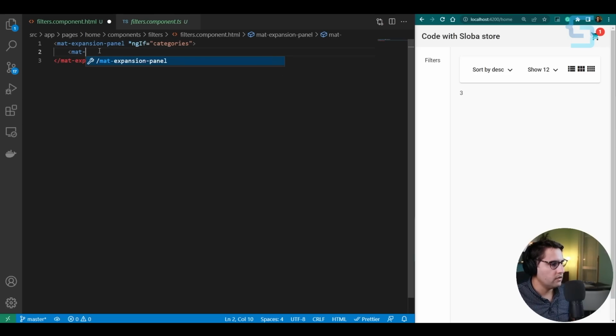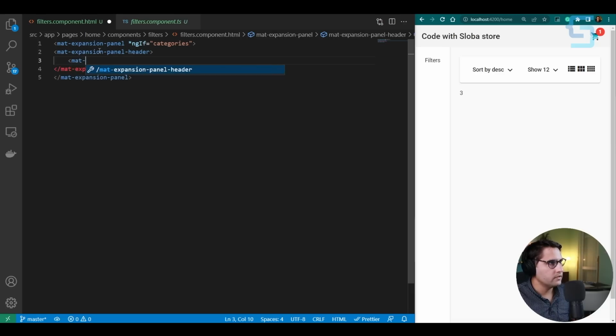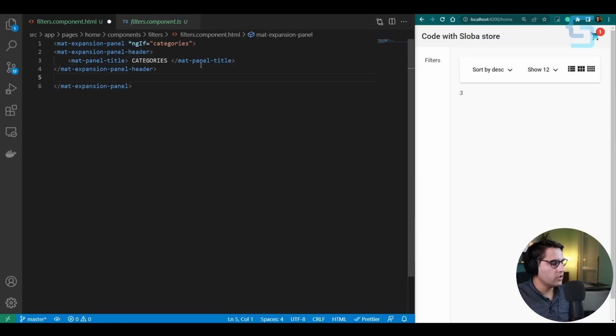Inside of the mat expansion panel, let's add mat expansion panel header. Let's remove this closing tag and let's add a new one. And inside of the header, we just want to add a title, which is mat panel title. And it will be called categories, like so. Okay. Let me remove caps lock, and we'll have another mat selection list. Okay, this is another mat tag,